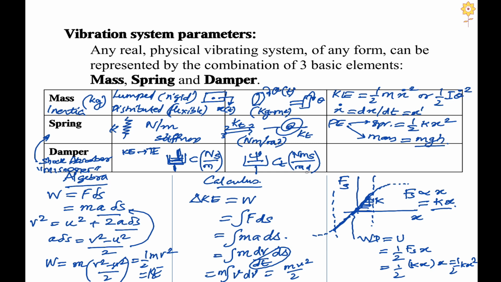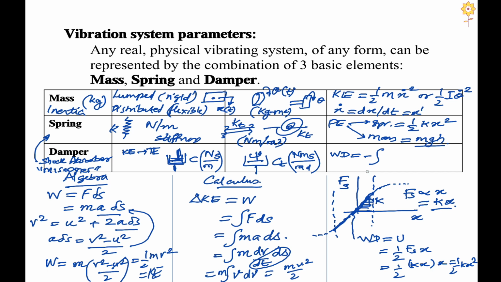Okay. Now what is the energy associated with damper? Now the piston is moving by some distance from one position to other position in relation to the cylinder. So there is some work done by the damper so as to move the piston from one position to other position. So what is the work done? So we can say work done by the damper to dissipate the heat is equal to